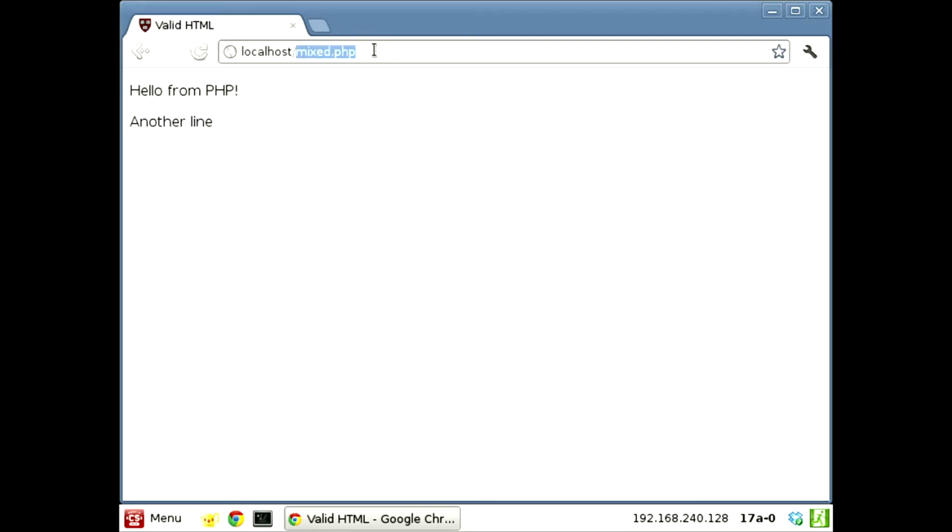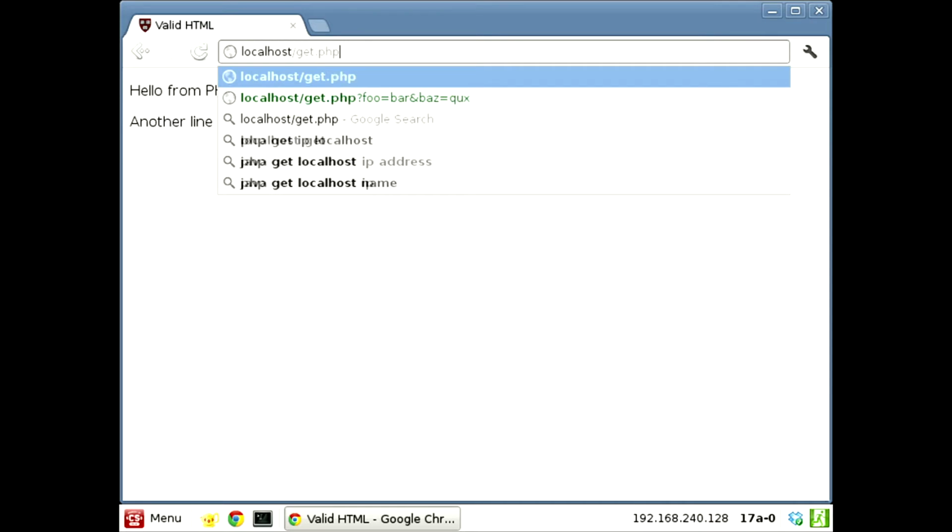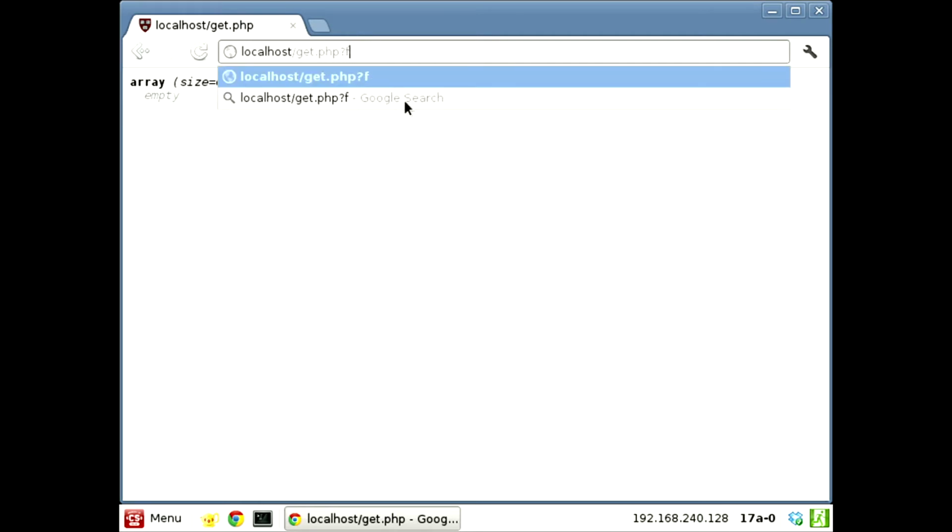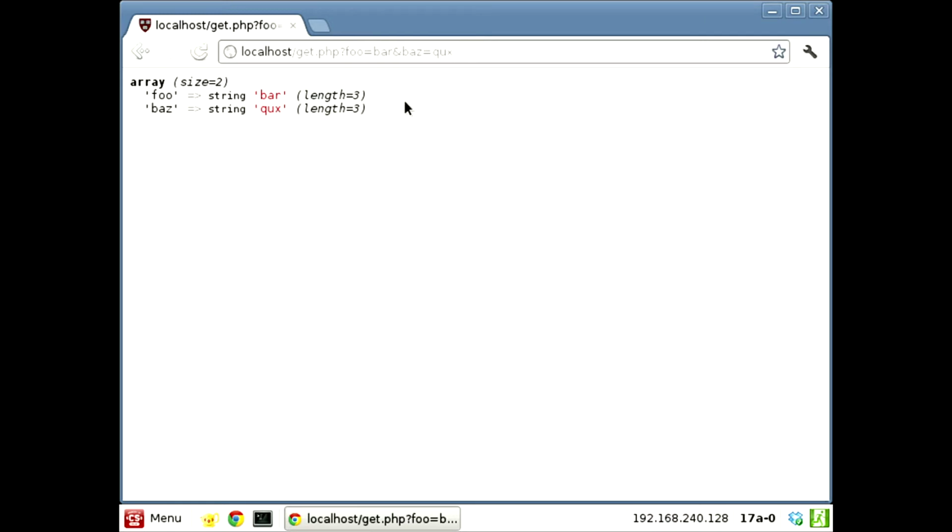Here, we're using a function called var_dump, which, when given an array or other variable, will print it out for us. So now, if we simply access http://localhost/get.php, then we'll see an empty array because we haven't provided a query string. So if we do provide a query string via http://localhost/get.php?foo=bar&baz=quux, then we can see that the $_GET variable will contain the query